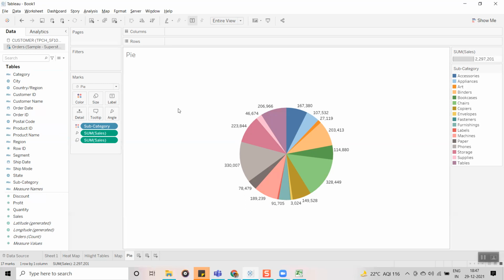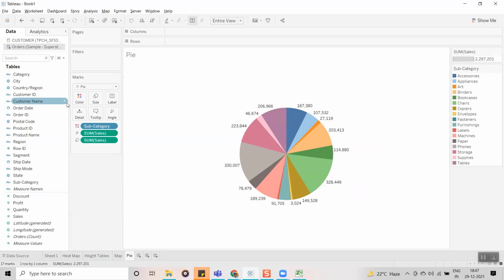If you want to show the difference, then we can use this pie chart. And also, whenever you are going to create a pie chart, you have to keep in mind one thing: the data members should be limited. Here we have 12 or 14 data members, like subcategories. I am just calling the values under subcategory data members in Tableau terminology. We have 14 values, which is okay for displaying.